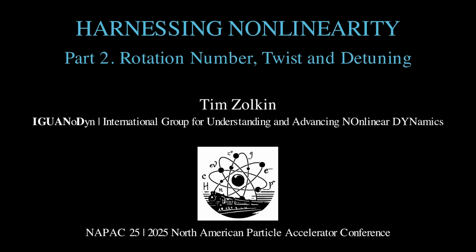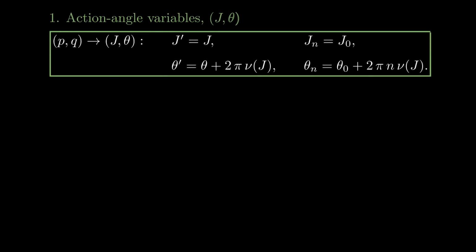And this is exactly the goal of the second part: to develop a clear, qualitative understanding of the fundamental concept of detuning. As always, before we dive in, let's first revisit a few important definitions. If a system is integrable, we often switch from the traditional coordinates and momenta to a set of action-angle variables, where remember the prime denotes the new value after one iteration of the map. J is the action variable, which remains constant, and theta is its conjugate angle, which advances each turn according to